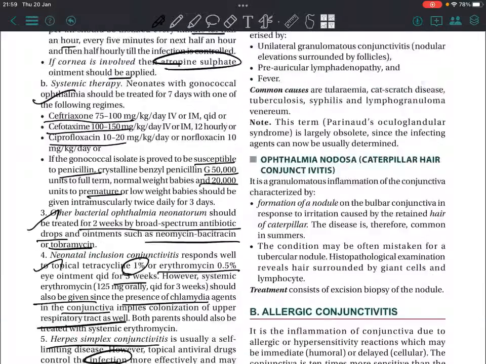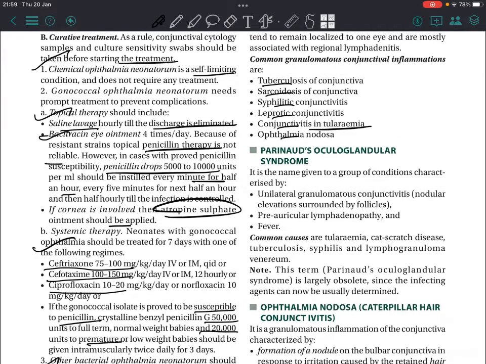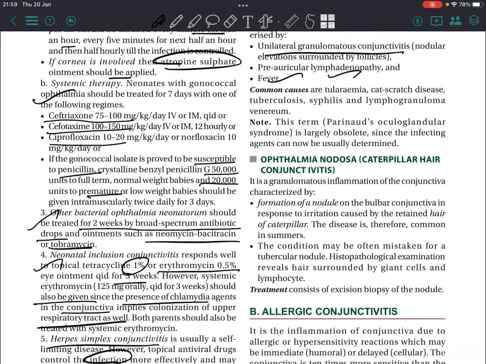Granulomatous conjunctival inflammation. Common causes are tuberculosis, sarcoidosis, syphilis, leprosy, conjunctival tularemia, ophthalmia nodosa, etc. Parinaud syndrome is given to a group of symptoms: preauricular lymphadenopathy, fever, unilateral granulomatous conjunctivitis. Common causes are tularemia,